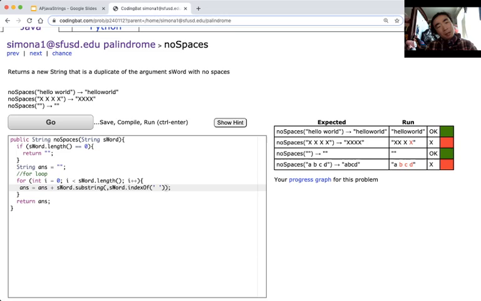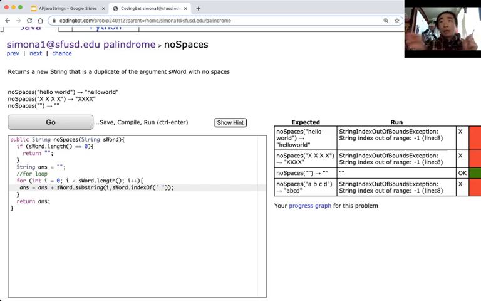Yeah, maybe we don't need an i. Because here, it's going to march through each character, which is doing a little too much work for us. If I press run right now, we get a bunch of out of bounds because you keep checking beyond its length. So maybe a while loop would be more suited for us, not a for loop. While this thing, sword index of,